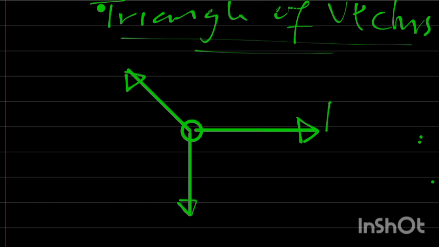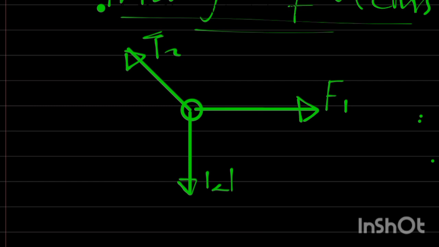Take for instance, this is F1 and this is T2 and this is W. Now take for instance, we have this three-force system. We can represent these three forces with the three sides of a triangle, and that is what the triangle law of vectors is talking about. So the triangle law of vectors states that if three forces acting at a point are